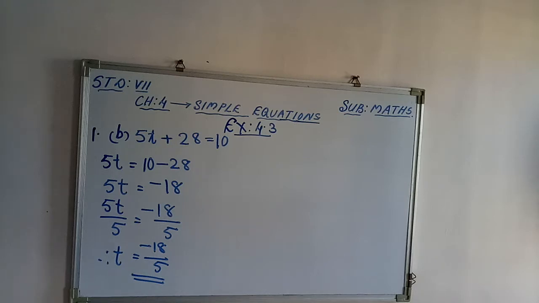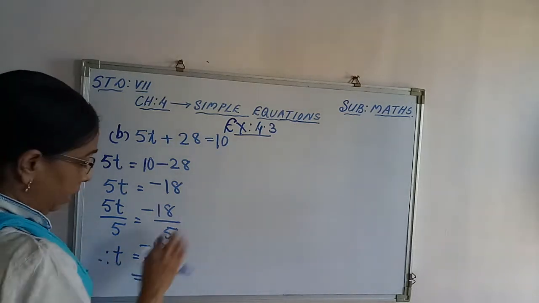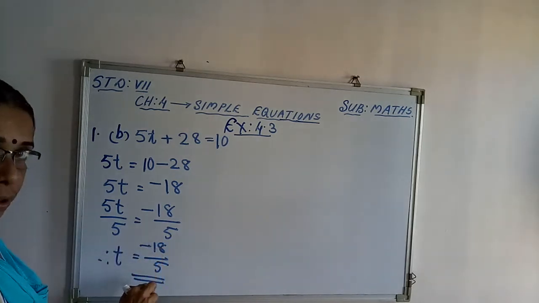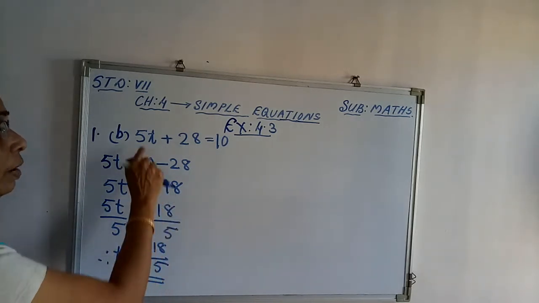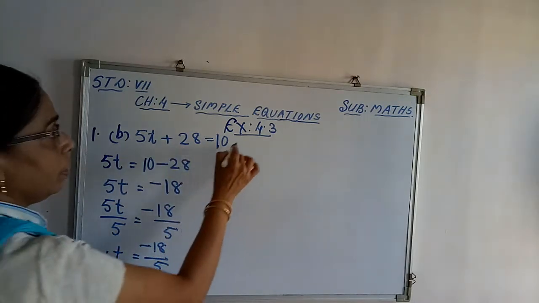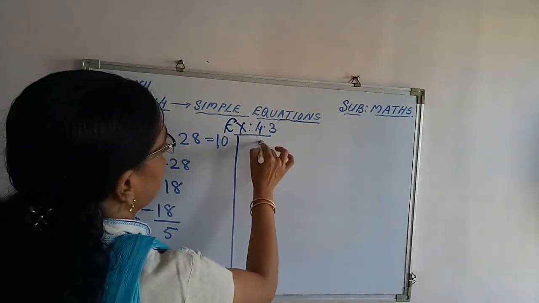So final step, how will you write? You have to write like that. After this you will write, thus minus 18 upon 5 is the solution of the equation 5t plus 28 is equal to 10. That much you have to write. Then see,